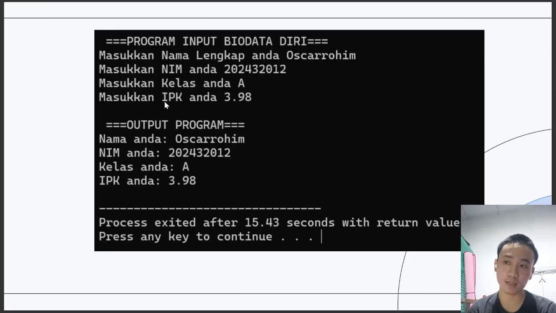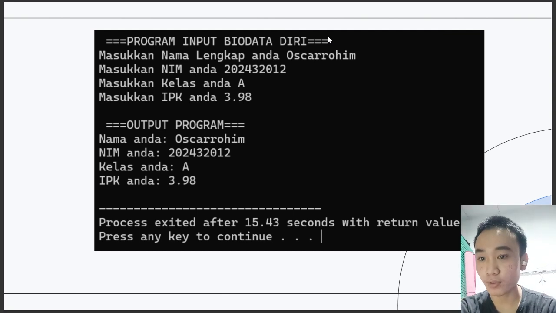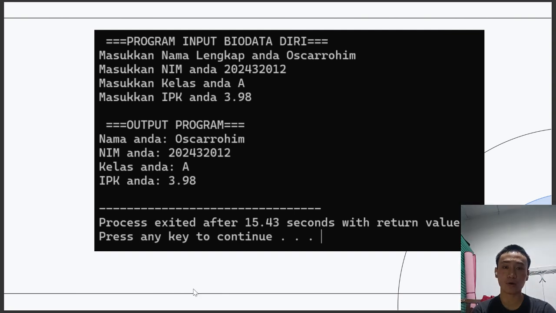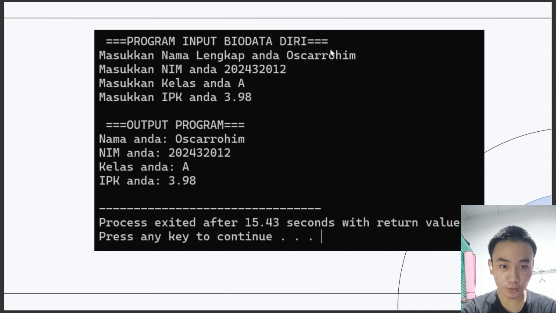As you can see, this is the last slide. After the program runs, the user will see a prompt asking them to enter their data. Let's look at an example input that might be given. So if you follow step by step correctly, you will get the output like this. So this is the output I get from my program. After the data is entered, the program will display output like this.